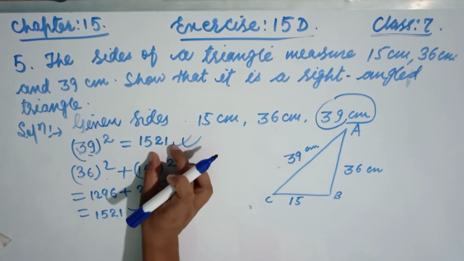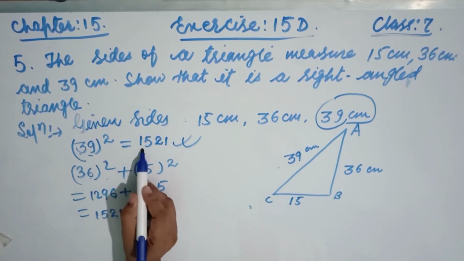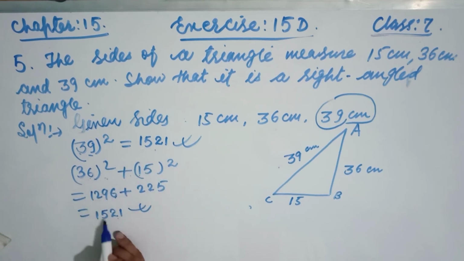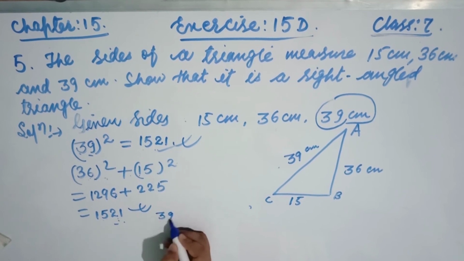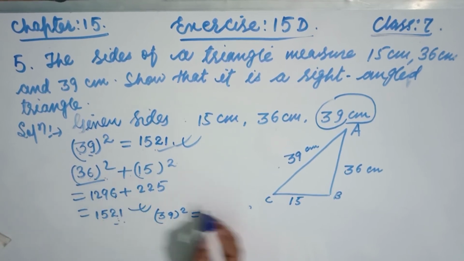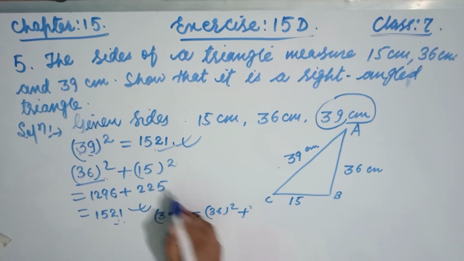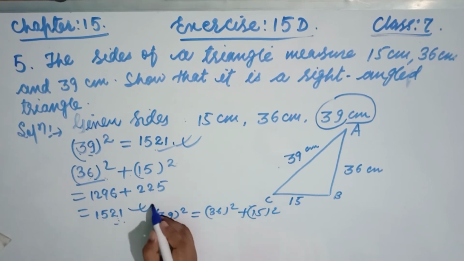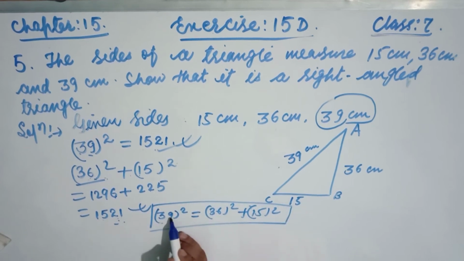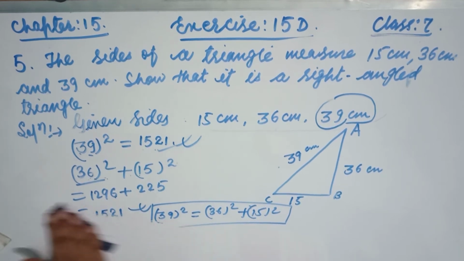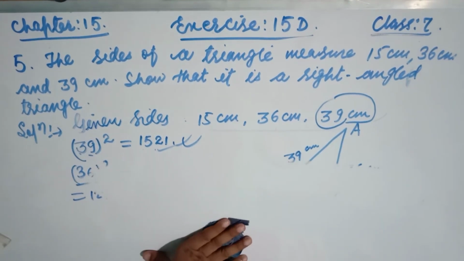Now here we proved, friends, that the square of the hypotenuse is equal to the sum of the squares of the other two sides. Have a look. We can say, friends, 39 square is equal to this one square plus this one square. And look, friends, the square of one side is equal to the sum of the squares of the other two sides, and we can say these three given sides are the sides of a right angle triangle. Okay, this is proved, this is a right angle triangle. I hope, friends, you will be clear.